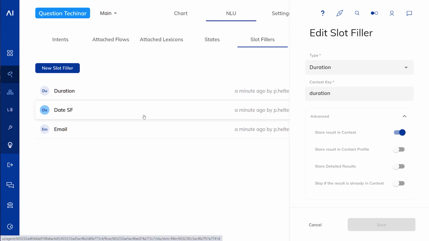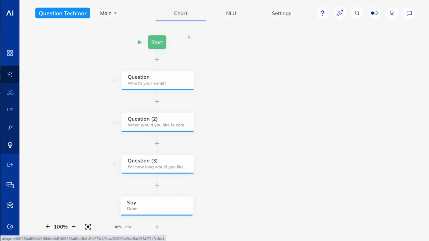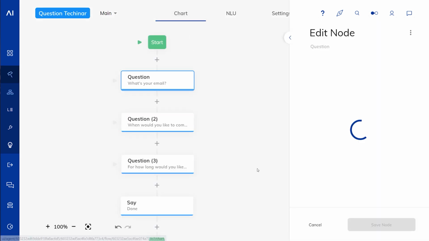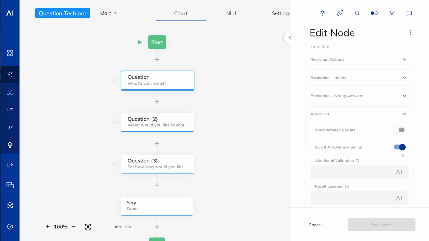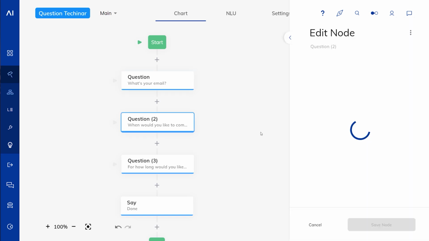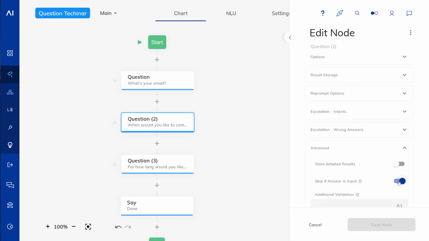A way to imagine this is if a user input comes in, we go through all the slot fillers first, and then we go into the flow. So we check, was a duration mentioned, was a date mentioned, was an email mentioned, and then we go into the flow. Now the behavior that we have created from this, and let's actually turn off the skip if already in input to show that the effects don't come from that,